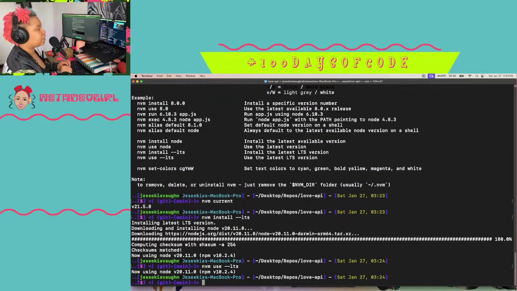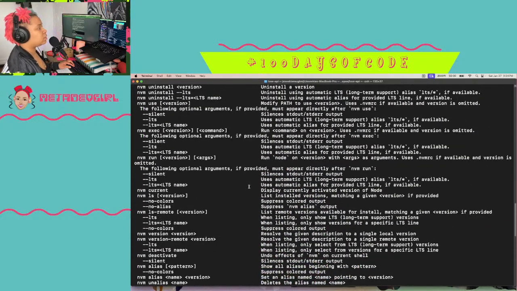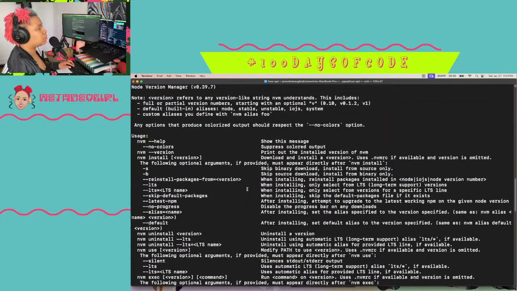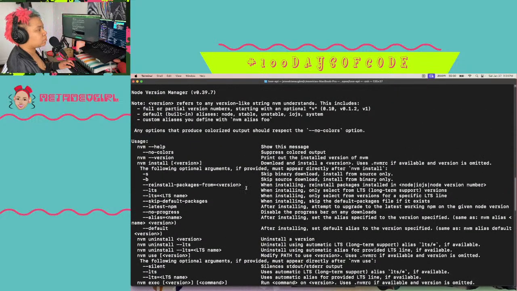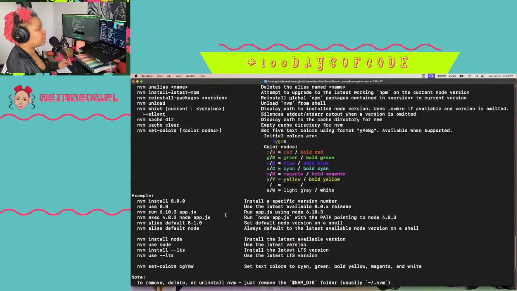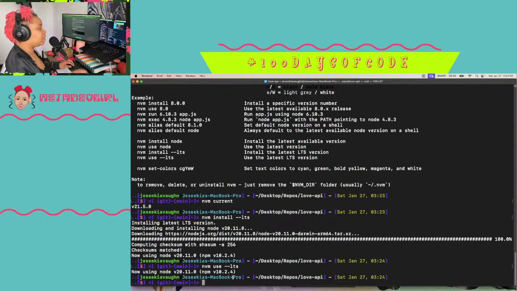That's probably the latest version, but not the latest stable version. Yeah, it's probably the unstable. Okay. So now I'm gonna npm install